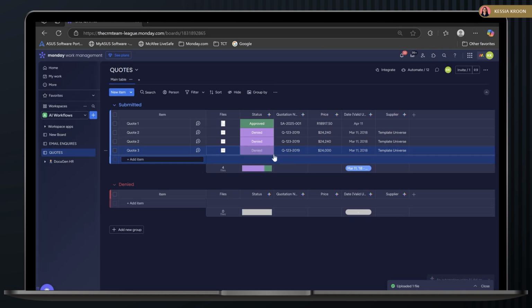There we go. So you'll see it extracted the price, 24,000. Based on the rule that I set, it set it to denied. It's extracted the quotation number, the date, as well as the supplier. Again, you can see all of this is the same information just because it's just a demo quote that I got off the internet. But yeah, hopefully you can see how quick that is and how much time it can